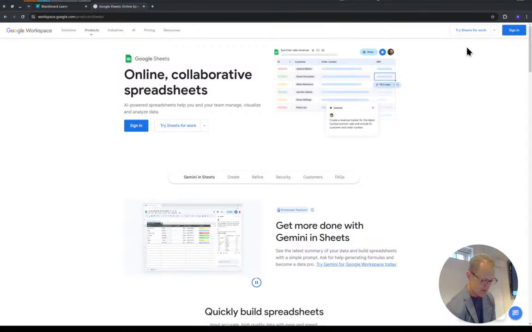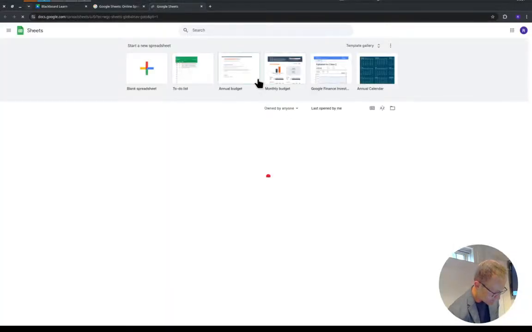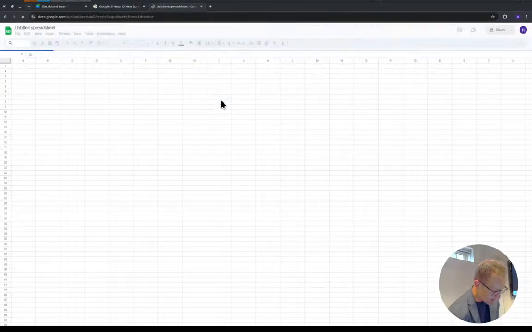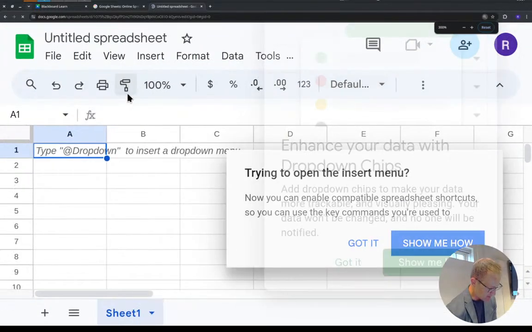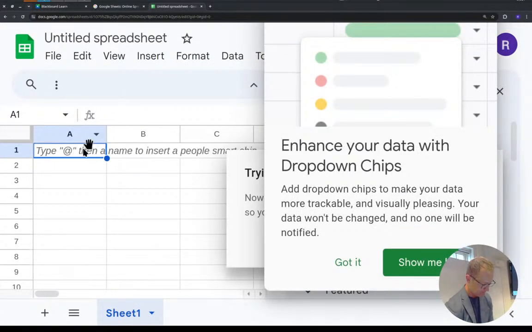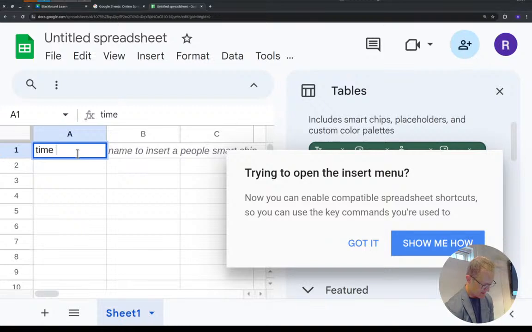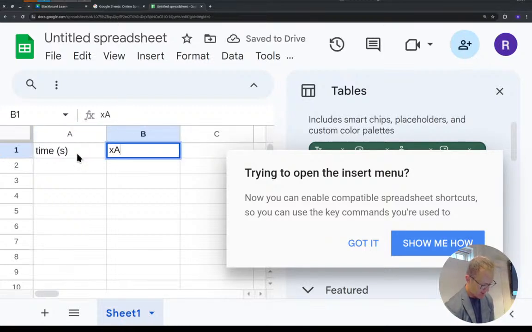All right, we can do Excel. Oh, I should be signed in, right? All right, we'll make a blank spreadsheet. Zoom in. Time in seconds, XA, XB,